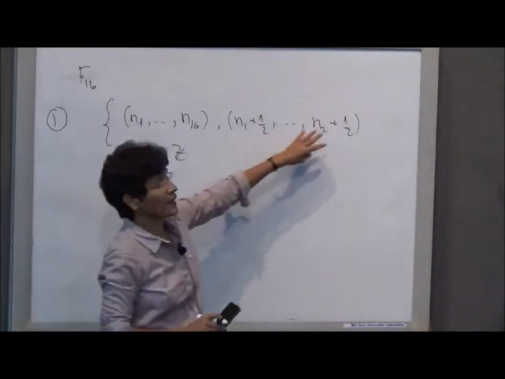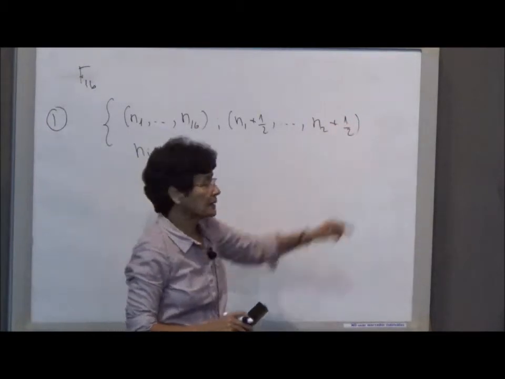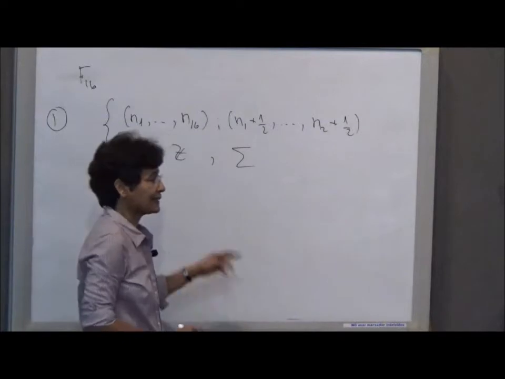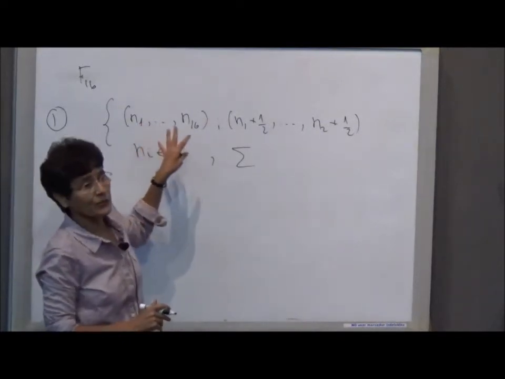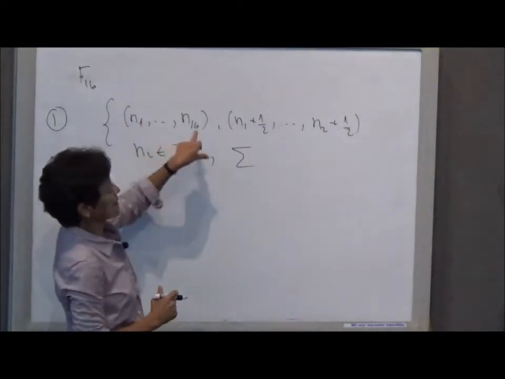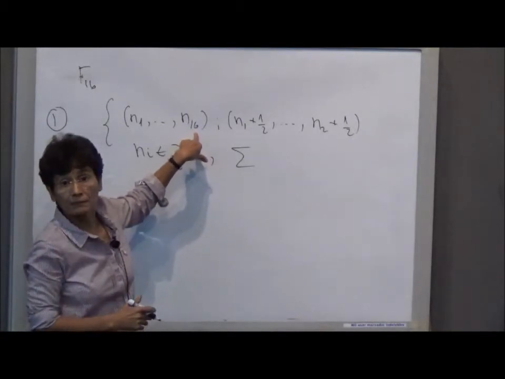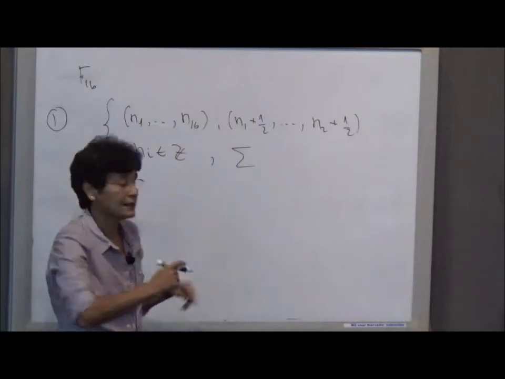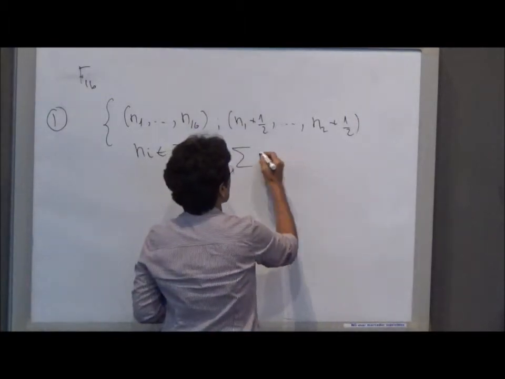Okay, because you sum one half in all. But not only that. This even means that for all vectors, the square has to be an even number. So if you do the sum of n_i squared, it has to be even. And for this you need that the sum of this